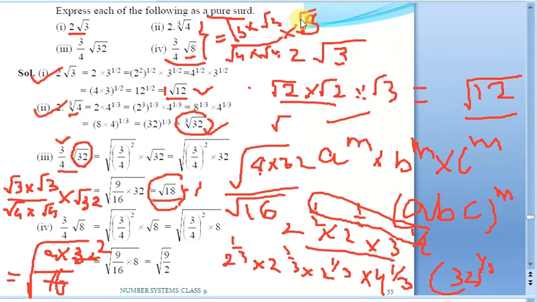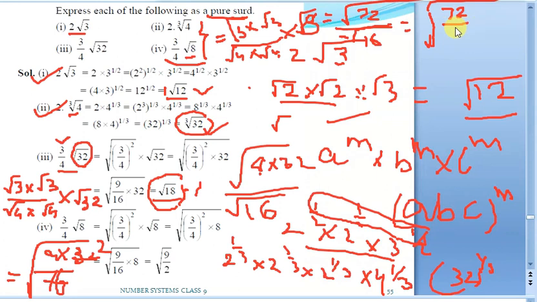Now see, for the numerator part you multiply. There is a common order here, right? So just take the common order, which is the square root. 3 into 3, 9. 9 into 8, it will be 72. 72 comes in our numerator. And in the denominator, what you will get actually? Square root of 4 into square root of 4, square root of 16. So now see, in the numerator square root is there, in the denominator also square root is there. Can I write the common square root like this, and 72 by 16?